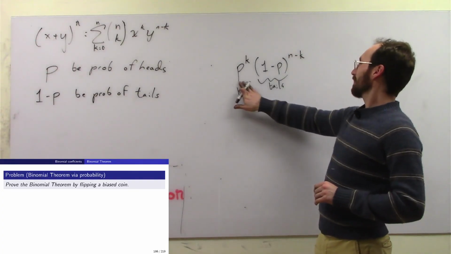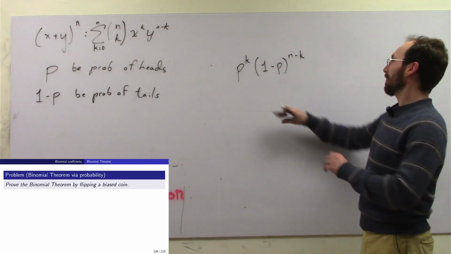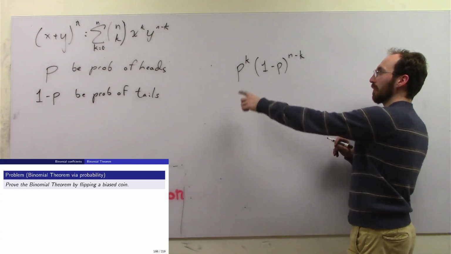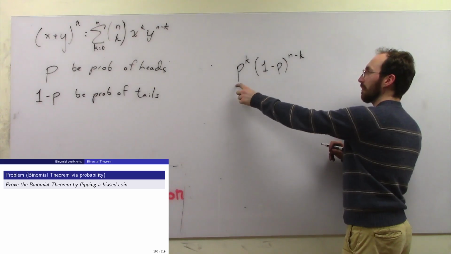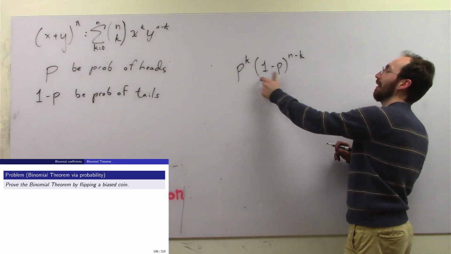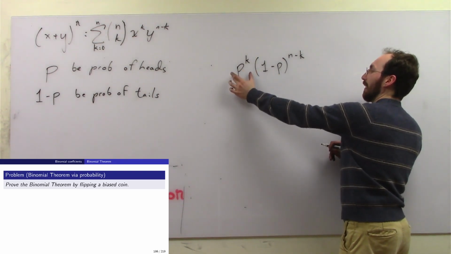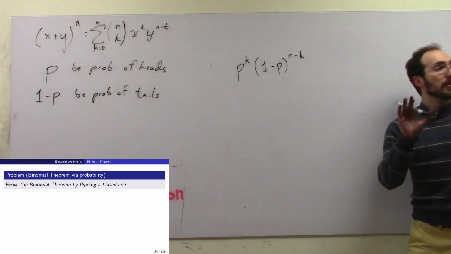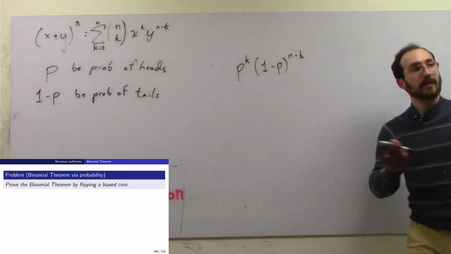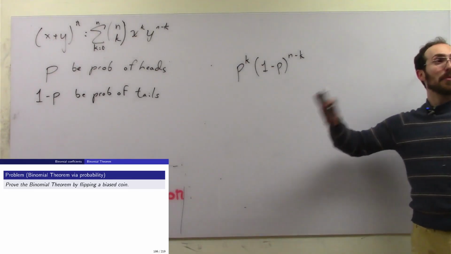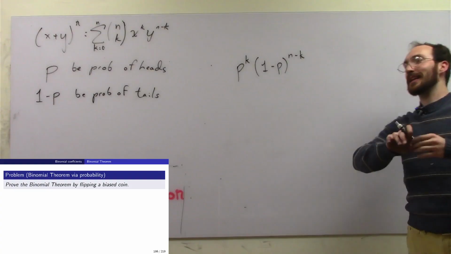Anyway, so the probability every time I flip the coin is P that I'm going to get heads, and 1 minus P that I'm going to get tails. And if I get heads k times, we get P to the k, and that means I got tails n minus k times. But wait, order matters. Order mattered for a second, but order shouldn't matter,